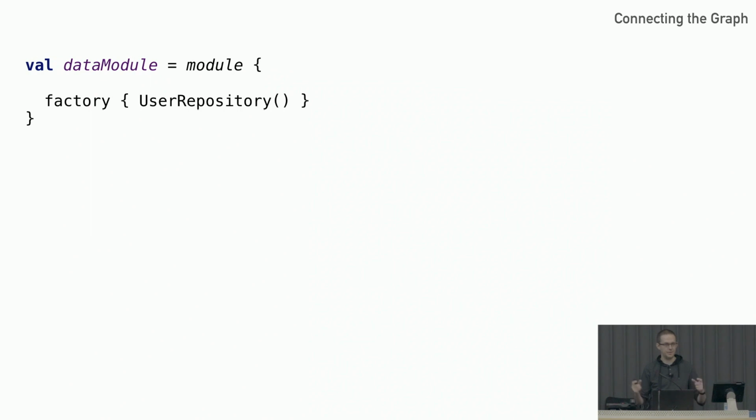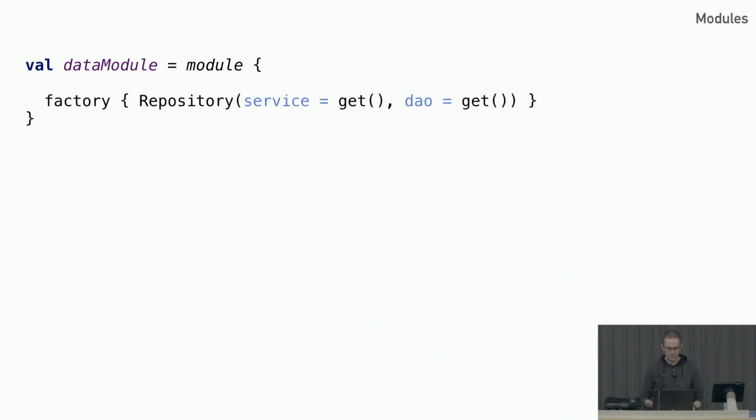And note that we can also make them private, since, again, we're going to have access to them in order to create the repository, so we don't need to get them from the repository. And now we've broken our module that we just wrote, because this is a no-arg constructor, and now it takes 2 parameters. So we can get those parameters from the graph just by calling get. Get will eagerly resolve the dependencies from the graph itself.